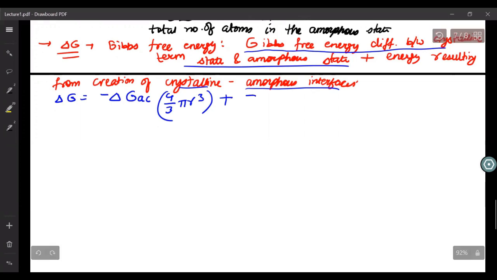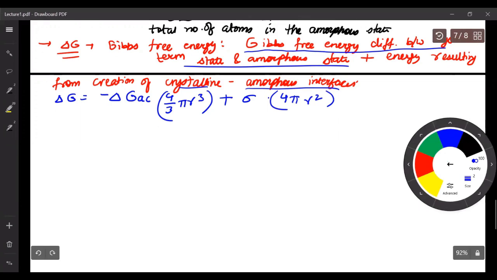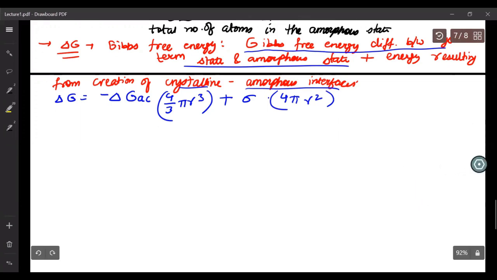Let's call this sigma, the energy resulting from creation of this interface, and then it needs to be multiplied by 4 pi r square, or the surface area. Now, why I am deriving these and why I am getting into details of this, you will get to know very soon. So we can find a critical radius RC when this term goes to 0, and that RC, or the critical radius,